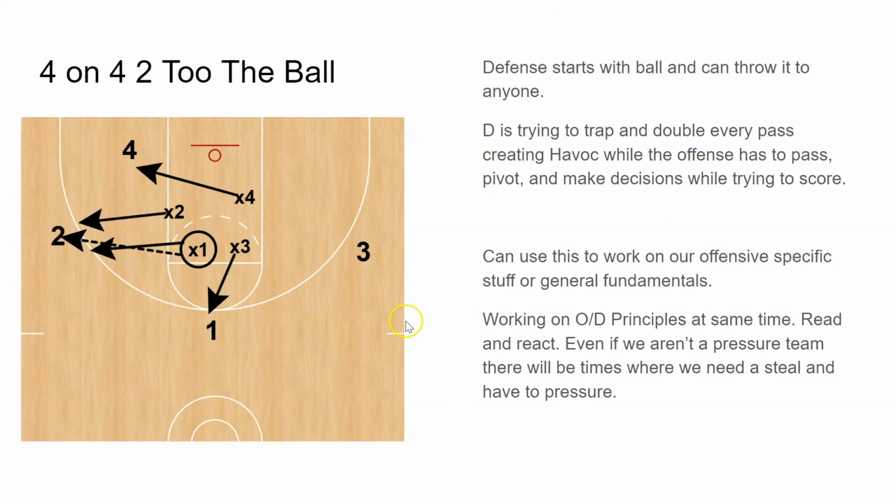Not, hey, do this, then do that. What did you see out on the court? What was your spacing? Did you just stand in the opposite corner with your hand up and they couldn't see you whatsoever? Now, defensively, we can actually get some stuff out of this because we might not,